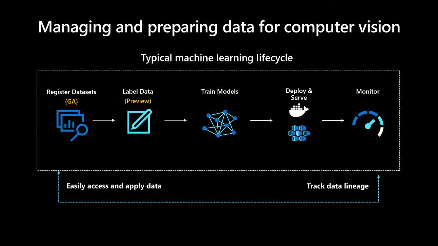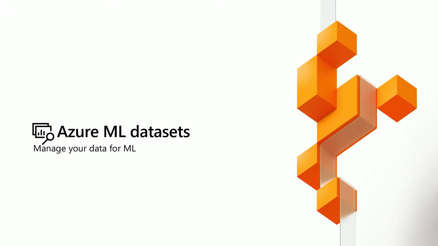All throughout the life cycle, you need to have access to the data. You need access to the data while you are training the model, while you have deployed the model, or while you are monitoring it. So in this session, we will talk about the first two parts: accessing your data using Azure Machine Learning datasets and how it makes your life easy, and second, labeling data. We will label the data, and then we will take the labeled data to a notebook and walk you through the code using which you can train a machine learning model. So with that, let me invite Cody to talk about datasets.